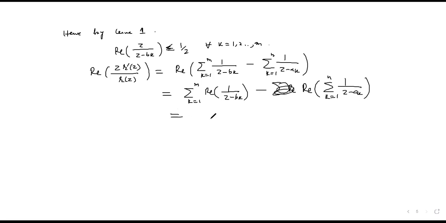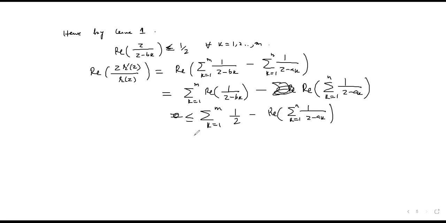Now this is 1 by 2, right? So this is less than or equal to summation k runs from 1 to n of 1 by 2 minus whatever, real part of summation k runs from 1 to n of 1 by z minus ek,